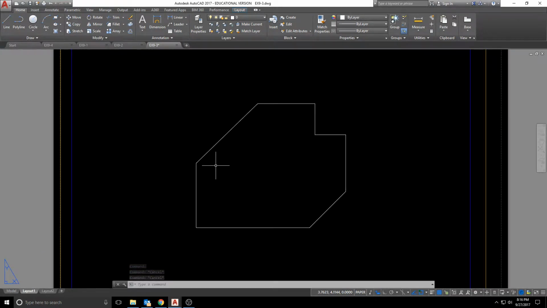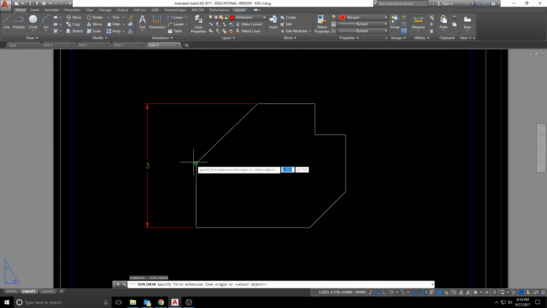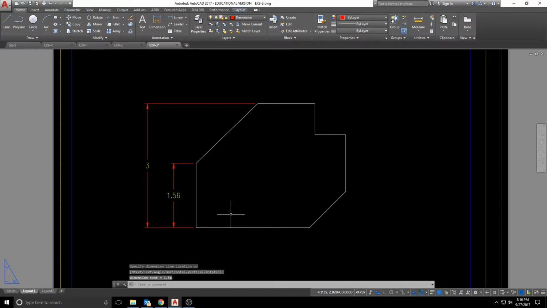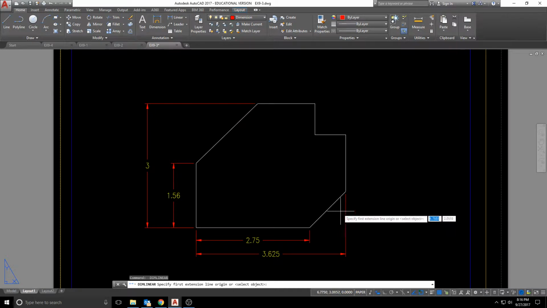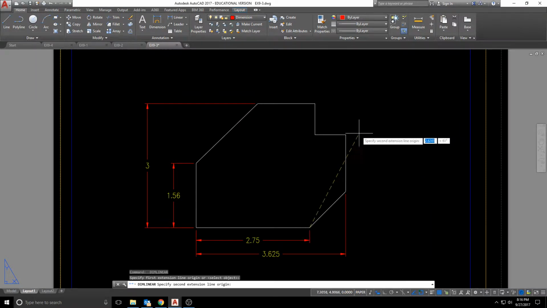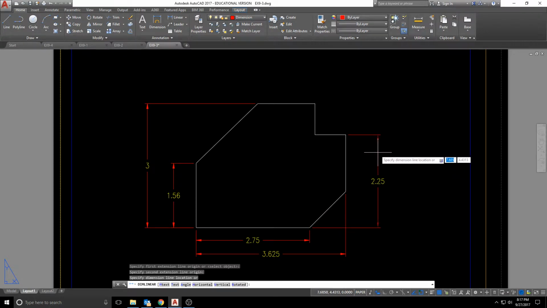For this one, just like I've done with the previous ones, I'm going to switch to my dimension layer and create all of my dimensions to start with. So we've got my overall height dimension right here. We've got this dimension here. And this one is in inches, unlike the other ones which were in metric so far. So we've got our 2.75, the 3.625, the height to this object right here,